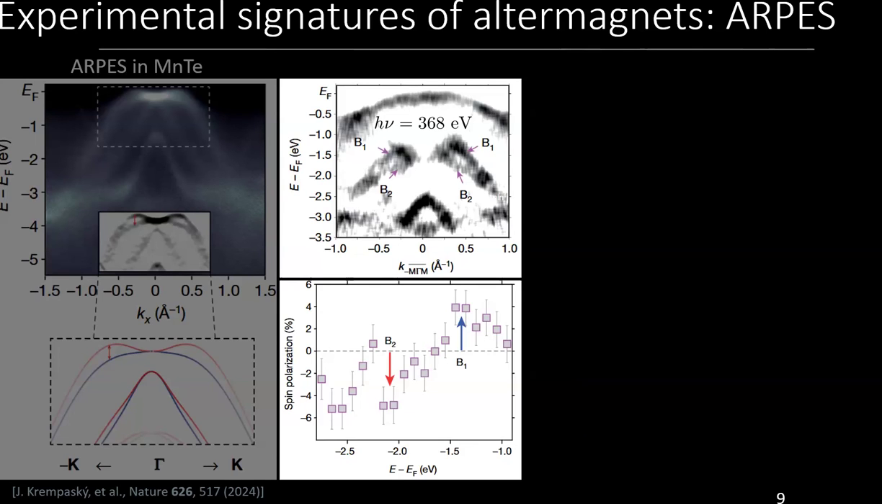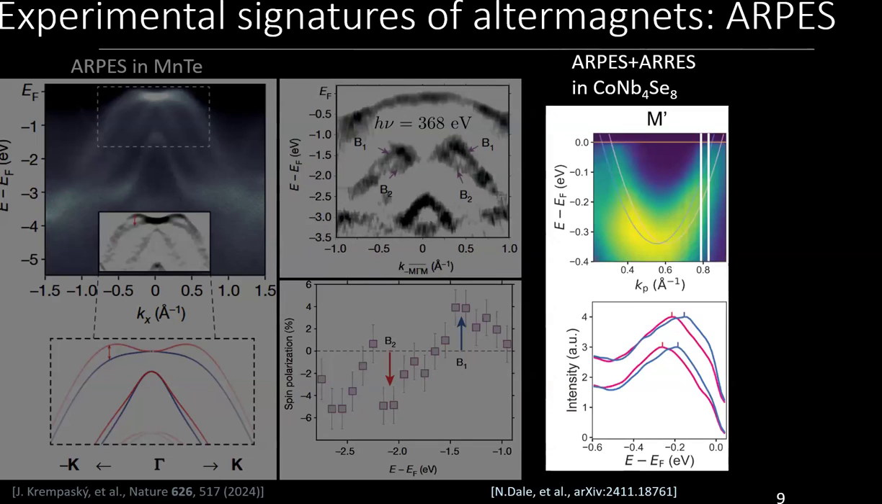Another material that's actually weaker. It's intercalated TNT, cobalt, niobium 4, selenium 8. Its ARPES data is not so great here, right? Well, it's of course overlaid with theory data, but we don't really distinguish these two lines here. We can distinguish something in the intensity. So we can say that the intensity of spin up and spin down is different, which is a signature of